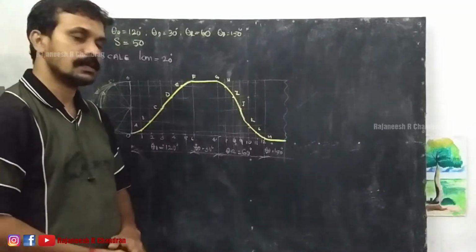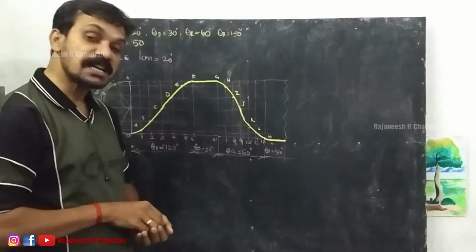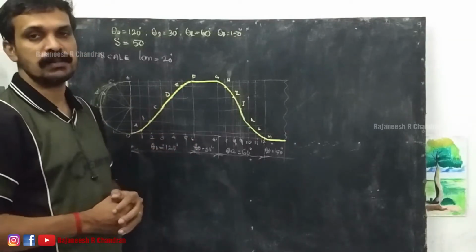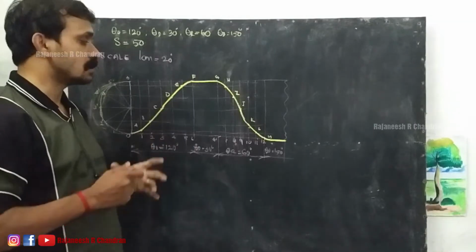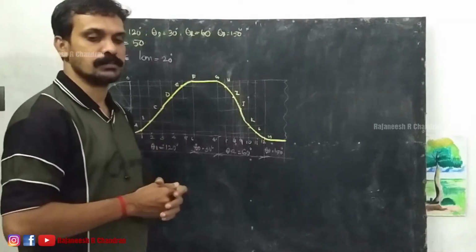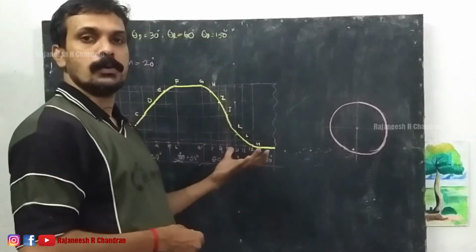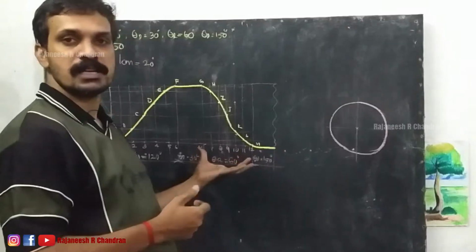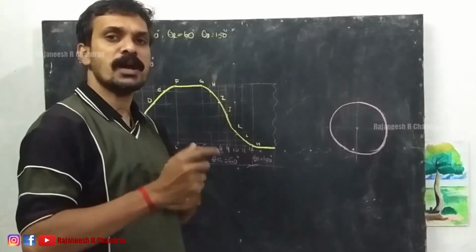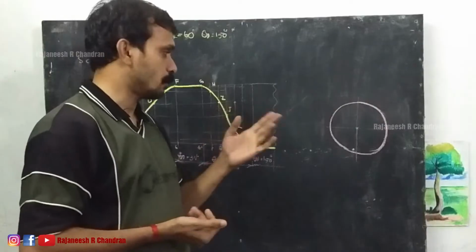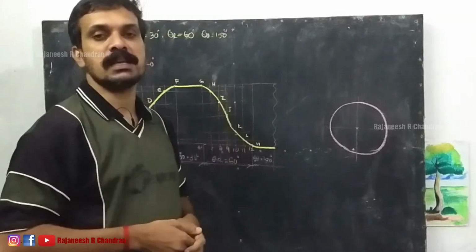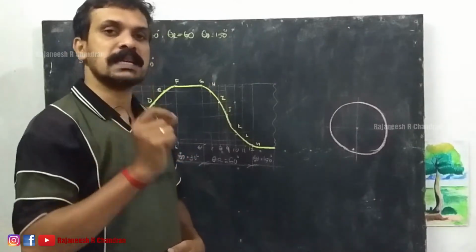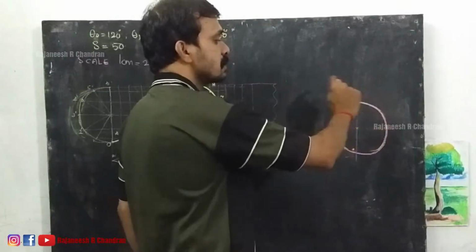So this is the displacement diagram. Is it clear? This is the displacement diagram when it is moving with a simple harmonic motion. So thus we have completed our displacement diagram, right? The displacement diagram has been completed. So now we have to construct the cam profile. For that it is given that the minimum radius of the cam is 25 mm. So with a radius of 25 mm, draw the base circle of the cam.